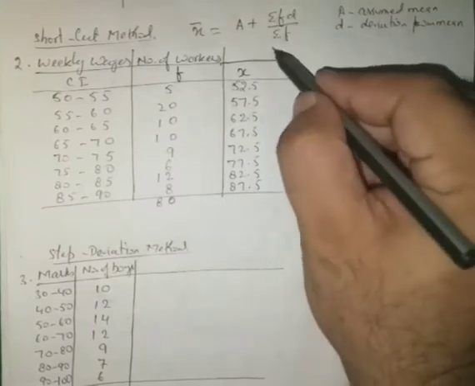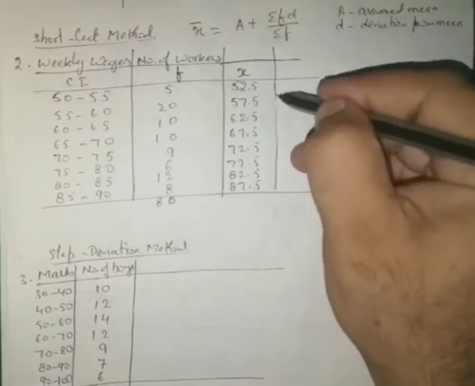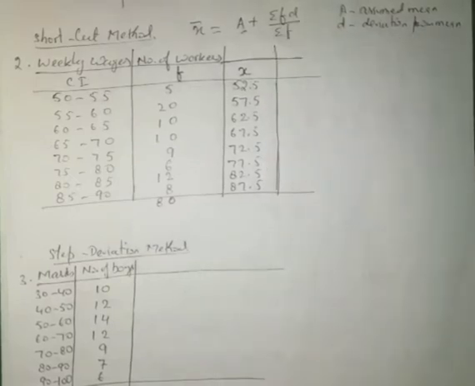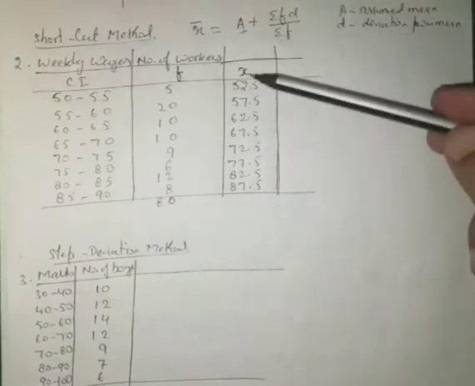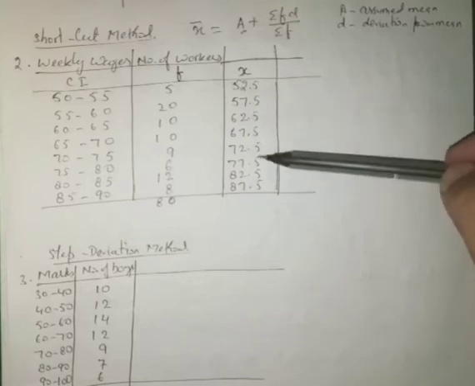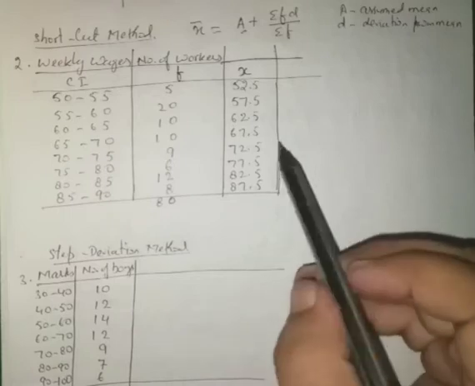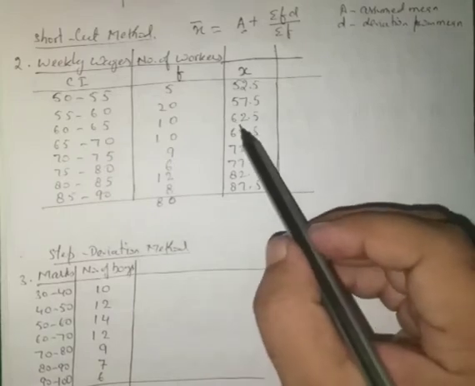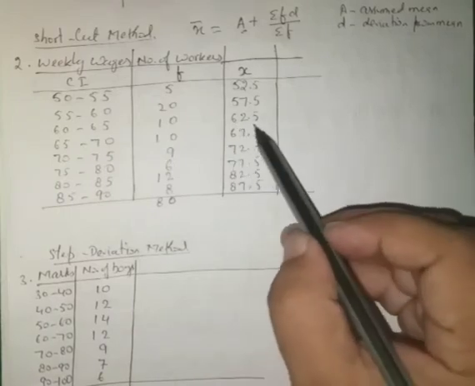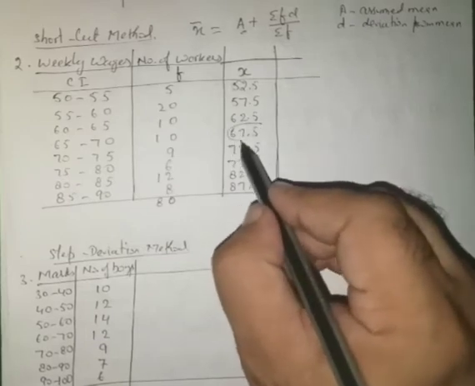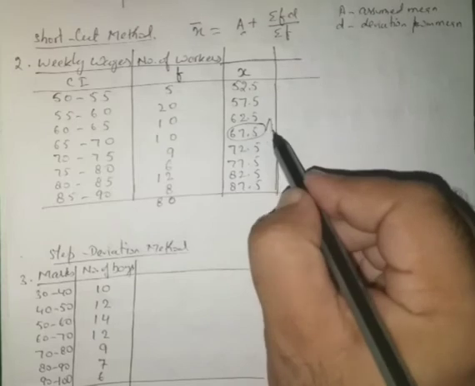Now looking at the formula, the next thing that we need is the assumed mean. Most of the time the assumed mean is taken as a middle value of these. So there are 8 values given, and it depends on us now. Here I can take the assumed mean between these two middle values; you can take either of them. For simplicity I am taking this as the assumed mean A.